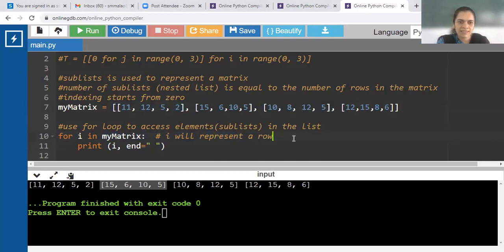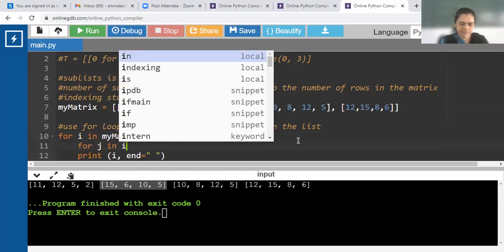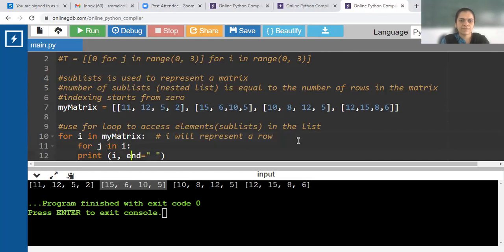Now inside this for loop, if I write a nested for loop, for J in I, print J. What will be the output?